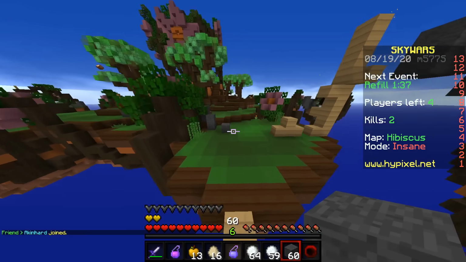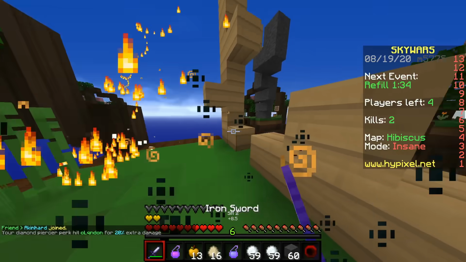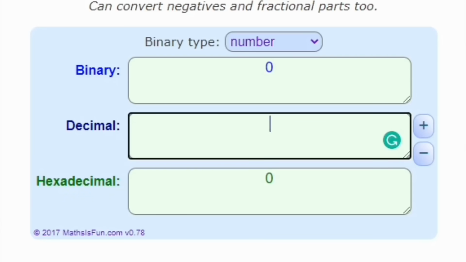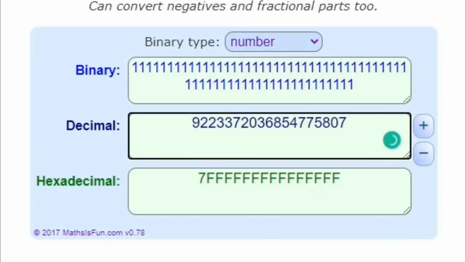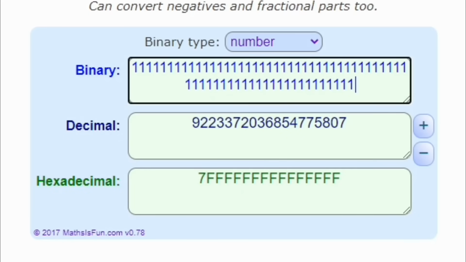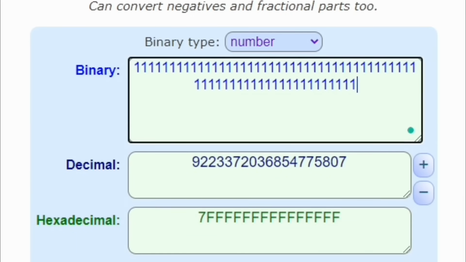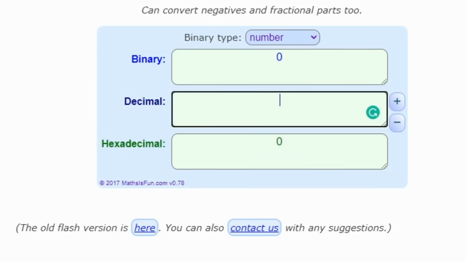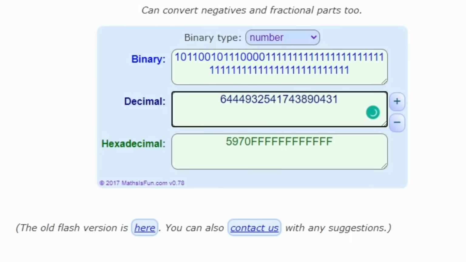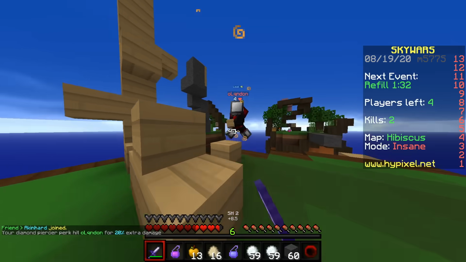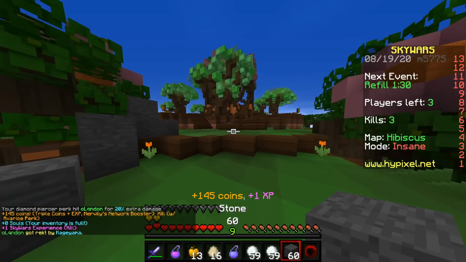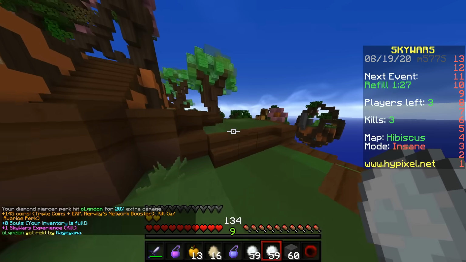Plugging both the seeds into a decimal to binary calculator reveals an interesting quirk. This seed, 922 etc., turns into 63 ones. That's pretty weird on its own, but throw the other seed in, and it turns into 55 ones and 8 zeros, which is 63 total characters. So it's practically the previous seed with some random zeros swapped in instead of the ones. But this raises even more questions than it answers.